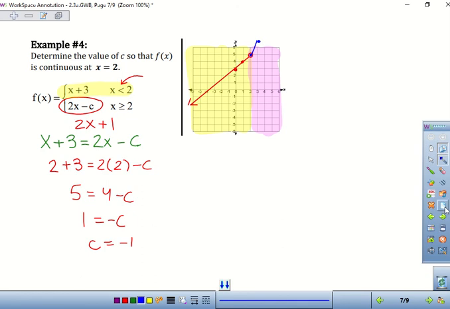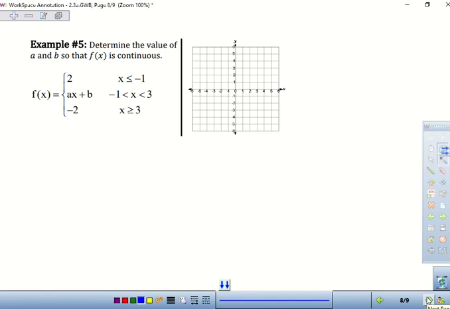So did the algebra work? Did we end up filling the hole on the other function? Do we have any discontinuity anymore? No. You see how we were able to fix that with algebra? Okay, perfect. All right, so now we're going to do one that is a two-piece or three-piece situation where basically